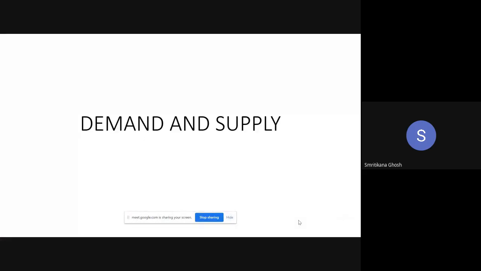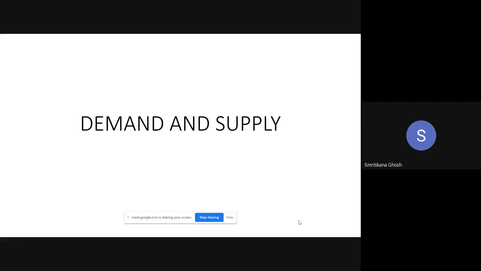This is the thing. Now here comes the problem, because there are around 50 or 60% students in the class who know what is demand and what is supply. So we will try to explain those concepts to all of you with the assumption that no one knows what is demand and what is supply. If you have any query at any point of time, you are free to ask. You just stop me and ask. I will stop and then you will ask.